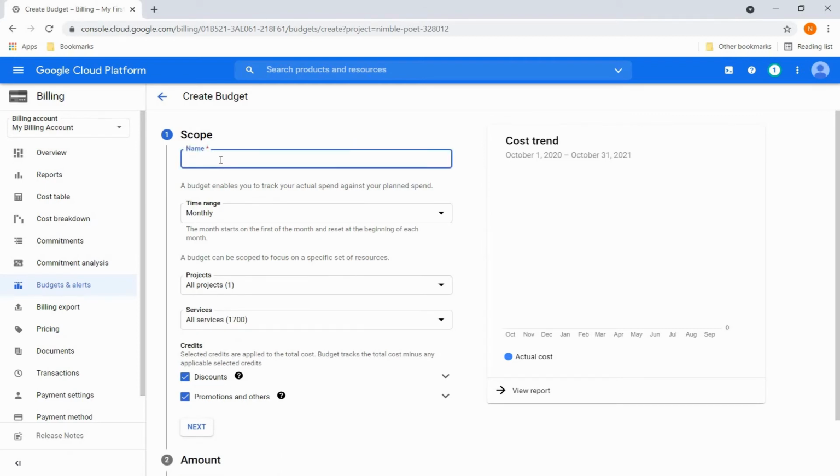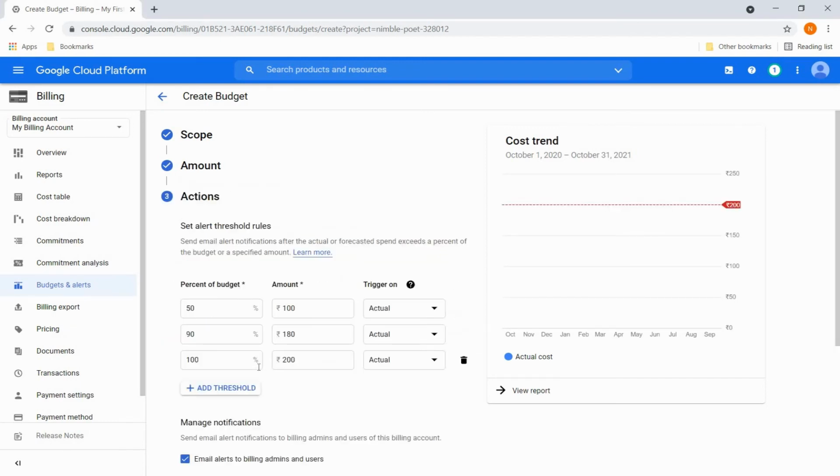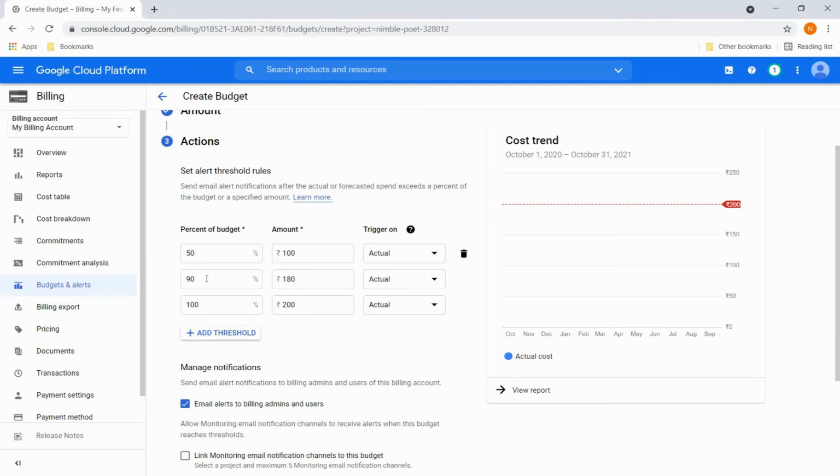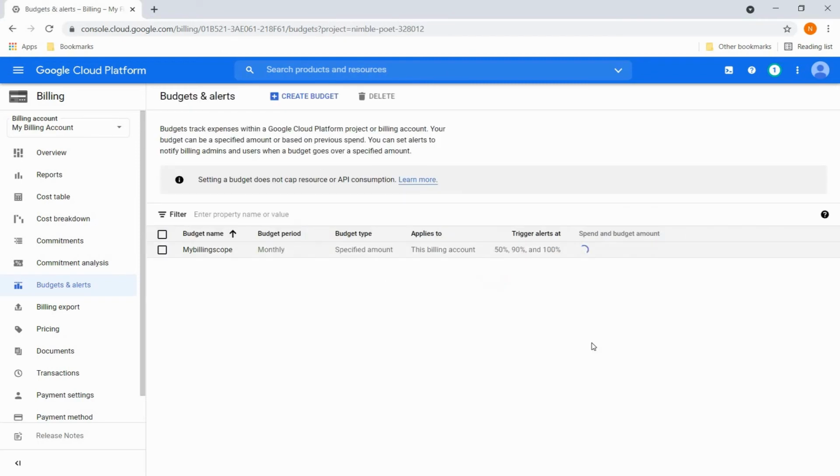I can put my billing scope for all projects, and I can specify an amount. So let's say I specify 200 rupees. Next I can specify at which amount I should get the alerts. Click on finish.